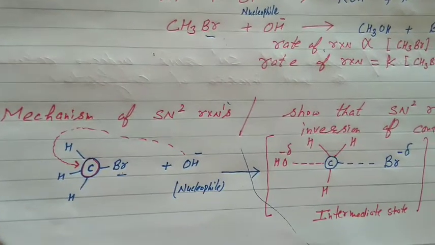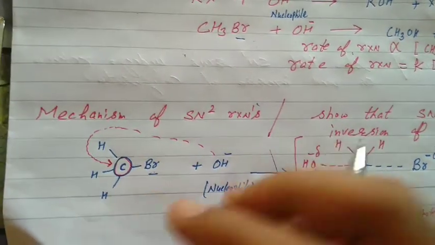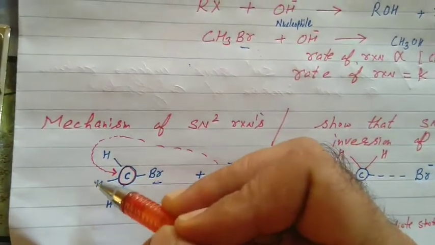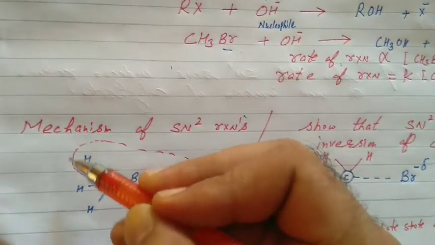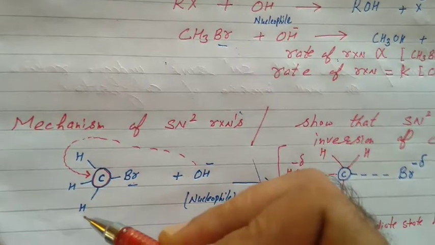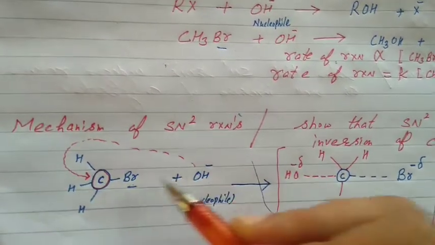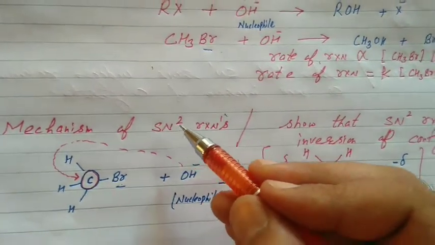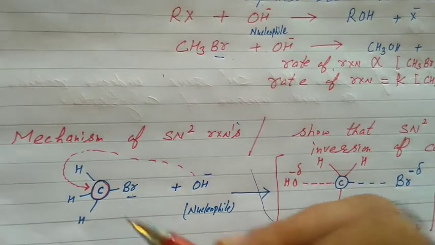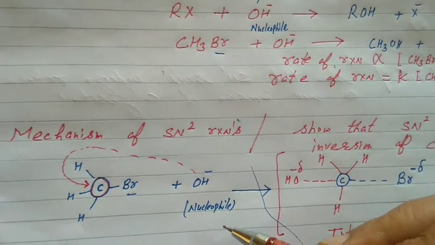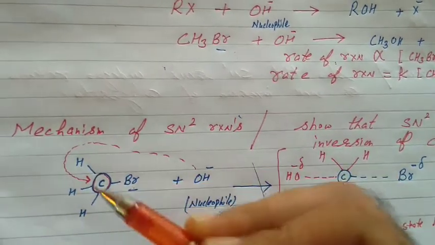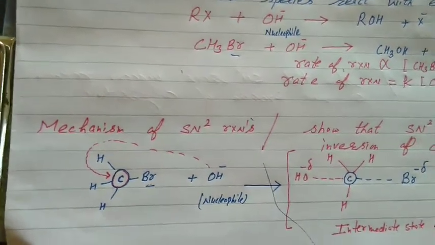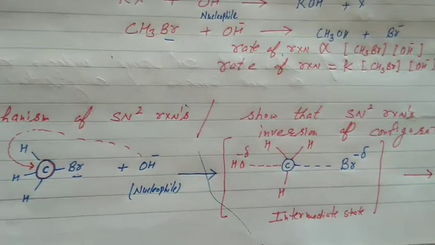Students, in SN2 reactions, why do we start from primary haloalkane? Suppose it is a 3 degree haloalkane, 3 degree means R alkyl groups, they will be bulky in size. It means they will block the attack of the nucleophile. That's the reason we always start from primary haloalkane. There we mention hydrogen atoms, which are very small in size. The nucleophile can easily approach the alpha carbon. That's the mechanism of SN2 reactions.